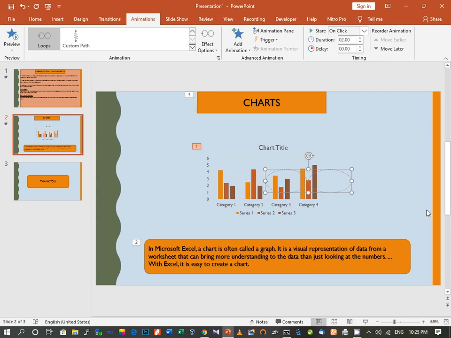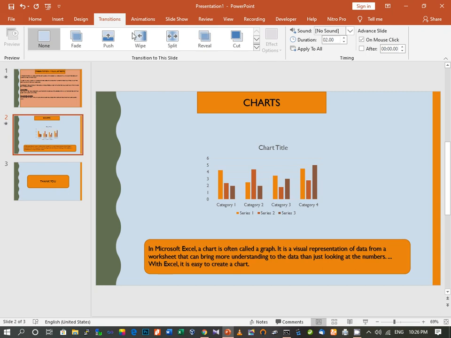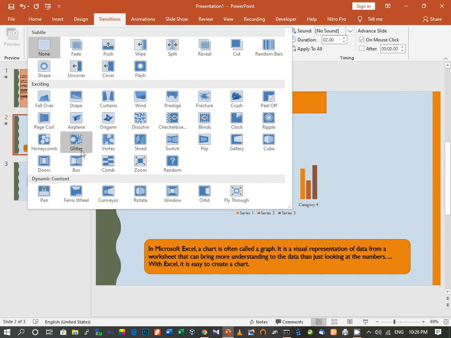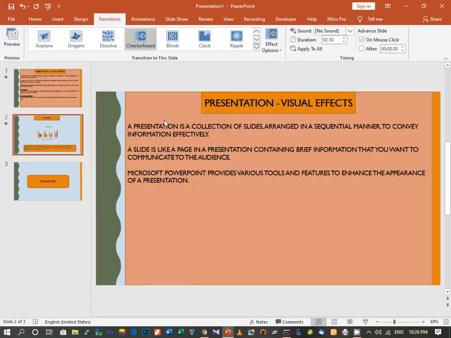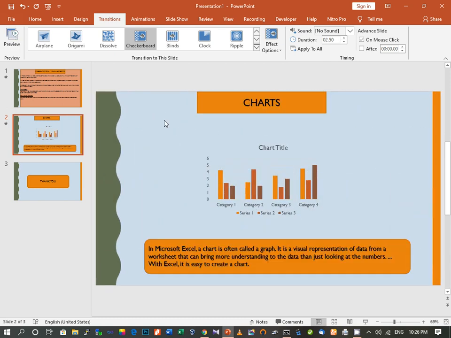Next we will talk about transition effects. Transition effects appear when one slide changes to another slide during the slideshow. So when you are moving from one slide to another, this transition effect can be added. Suppose we are here and we want to move to this one. If you want to apply any transition, you can choose it from here, and several transition effects are there. As you can see, many options are there, and you can choose any one you want. Suppose I take this checker box, this is how it will appear.